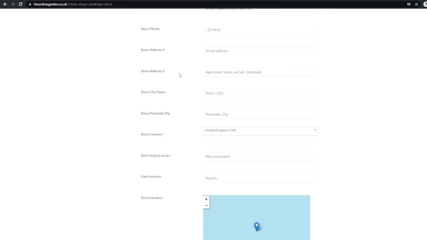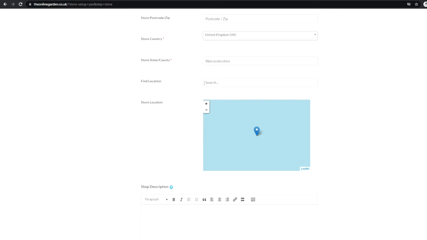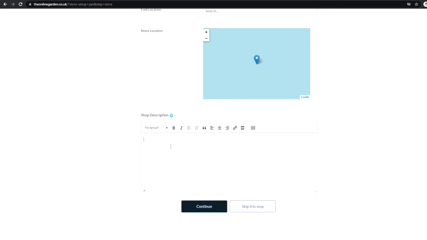If your store doesn't have an address, or you're simply operating out of your home and only want to provide deliveries, you don't have to fill in the address section. You only have to fill in the country and county. If you do have an address, you can also type it in here and it will locate it on the map for you. Then fill in a shop description, so this can be what you specialize in or just the